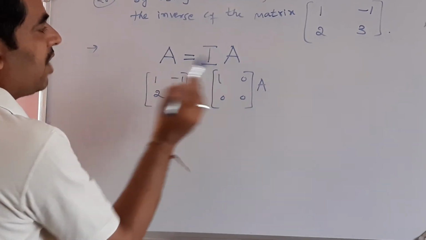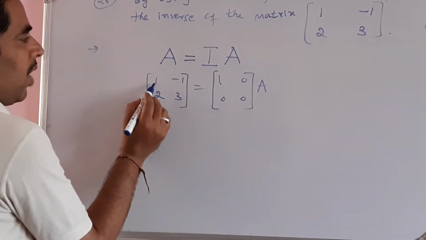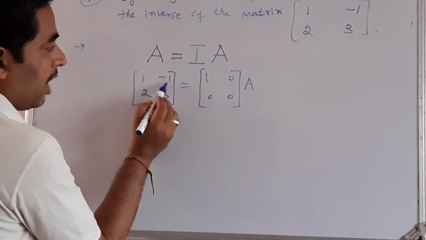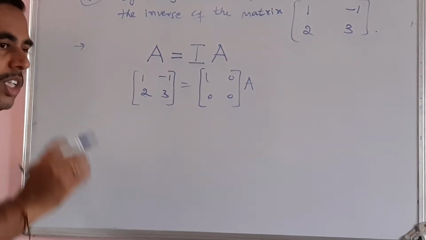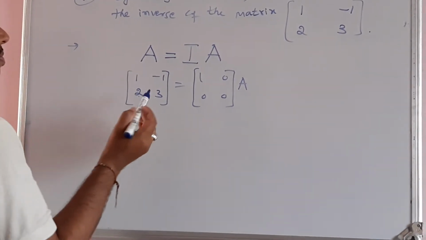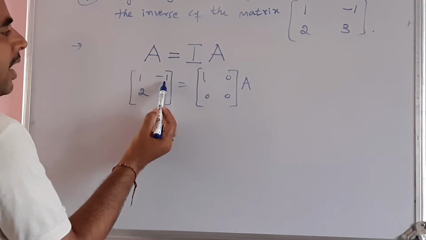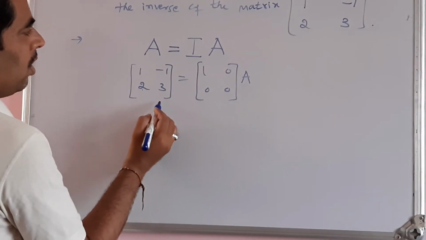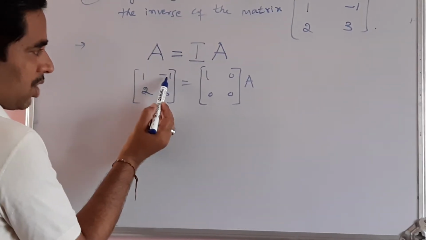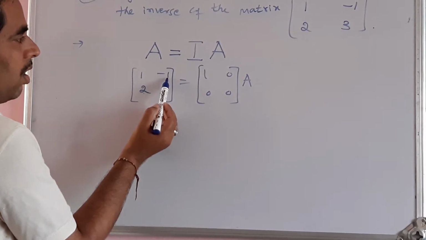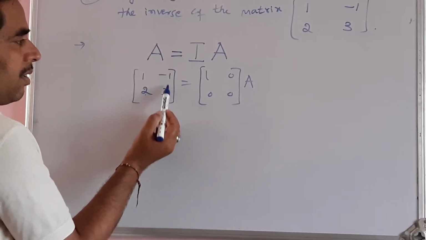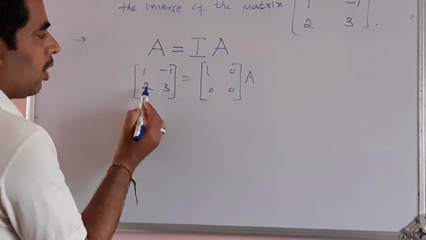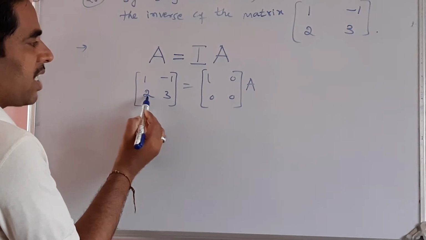See, we have written I into A first. So how can I make this element 0? All these things should be kept in mind here. I will try to reduce this element to 0 by applying an operation on the first row. Since 3 is there, I can write R2 changes to something. Otherwise I can directly make this element 0 or 1.